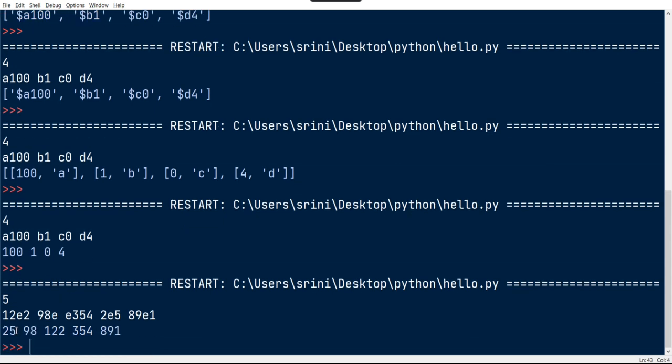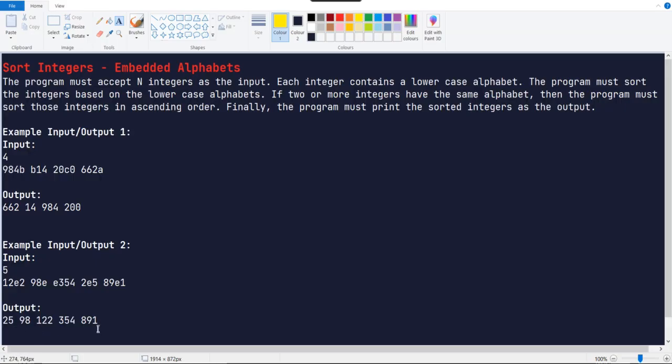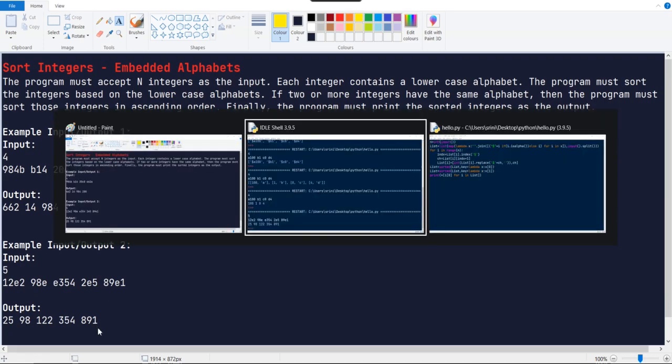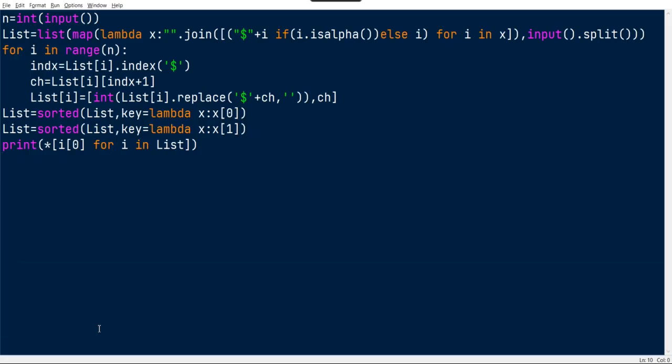So if I pass the value, we will get 28 98 122 354 and 981. Since that's the expected output, I think it's the end of the program.